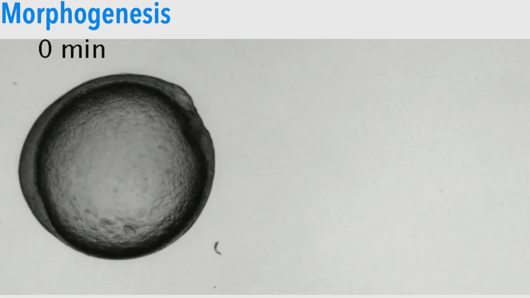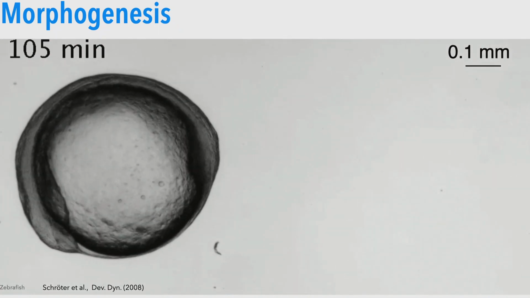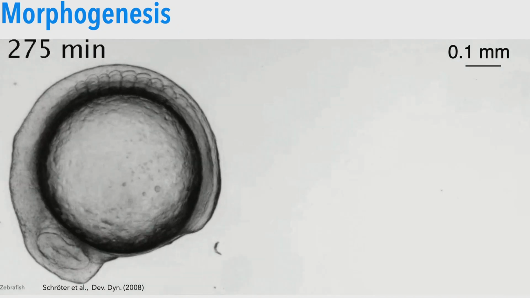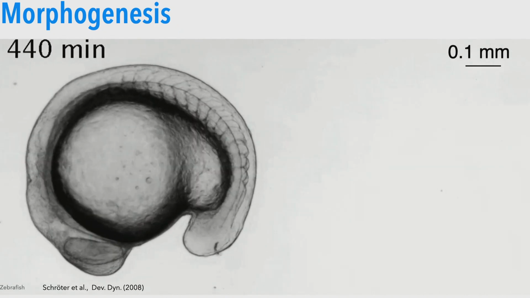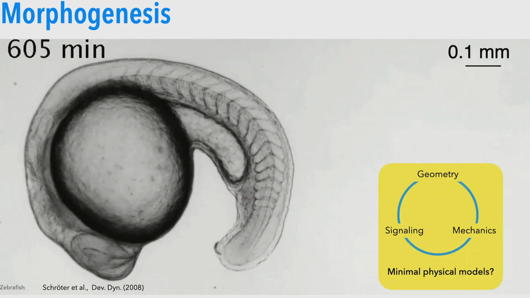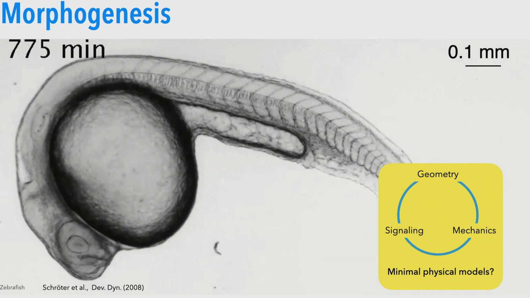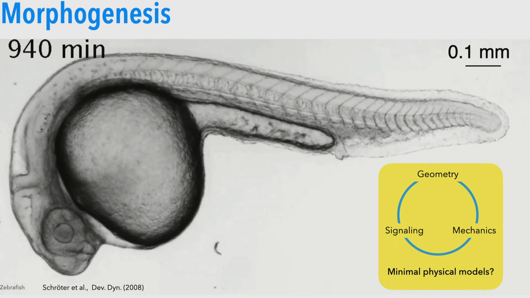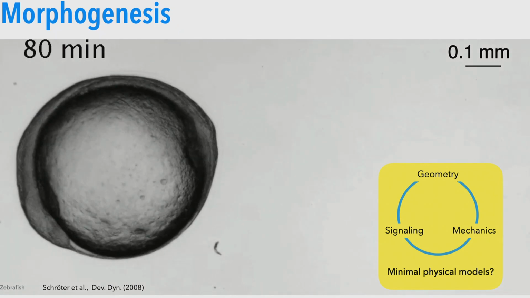I'm broadly interested in problems of morphogenesis. I mean, shape transformations occurring at the level of cells and tissues really fascinate me a lot. And I think a large part of biology has really focused on static shapes. And we think about chemistry, perhaps mechanics, but shape hasn't entered so much into the game yet. And so that will really open up a new set of problems is what I think about. So I see this as a problem of coupling between geometry, signaling, and mechanics, signaling particularly at the tissue level. And I would like to think about minimalistic physical models, which will perhaps teach us some of the physics underlying